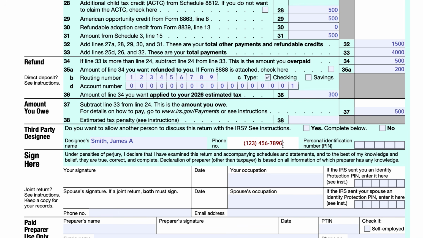And then you can complete this, and then there would be a 5-digit unique PIN. I've been told that you shouldn't put 1, 2, 3, 4, 5, so we'll just put something else. That would be the personal identification number that allows this person, who could be your CPA, an attorney, or a family member, to discuss your return